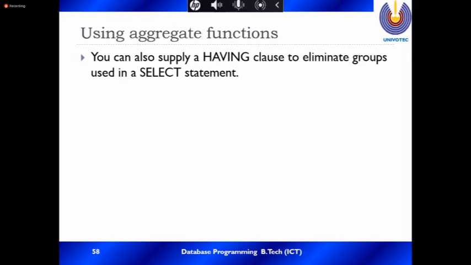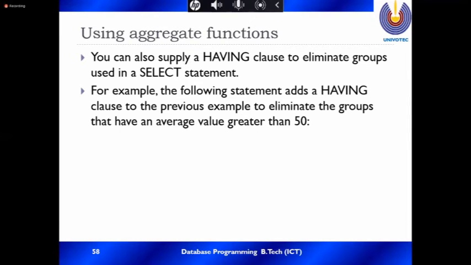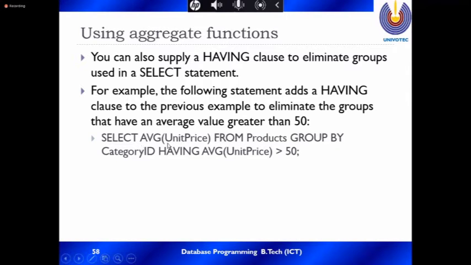You can also supply the having clause to eliminate groups in the select statement. If you use group by, you can use having; without group by, you cannot use having. Here: select average unit price from product group by category ID having average unit price more than 50.